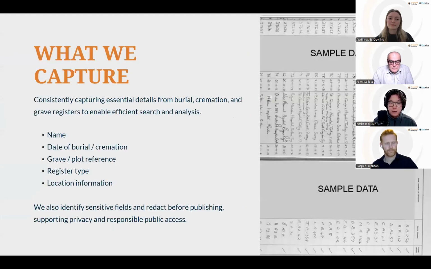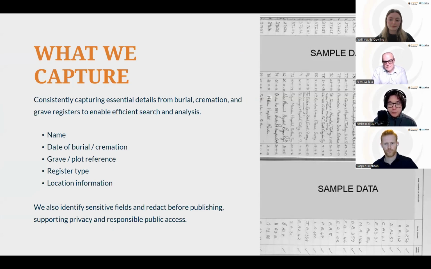So the first thing that I'll quickly talk about is what we capture. From your registers, as you know, we'll have a lot of fields for each record, and we'll first go by identifying which fields you want capturing and transcribing. General ones will be like displayed here, like the name, date of burial, grave reference, location, and many more fields.